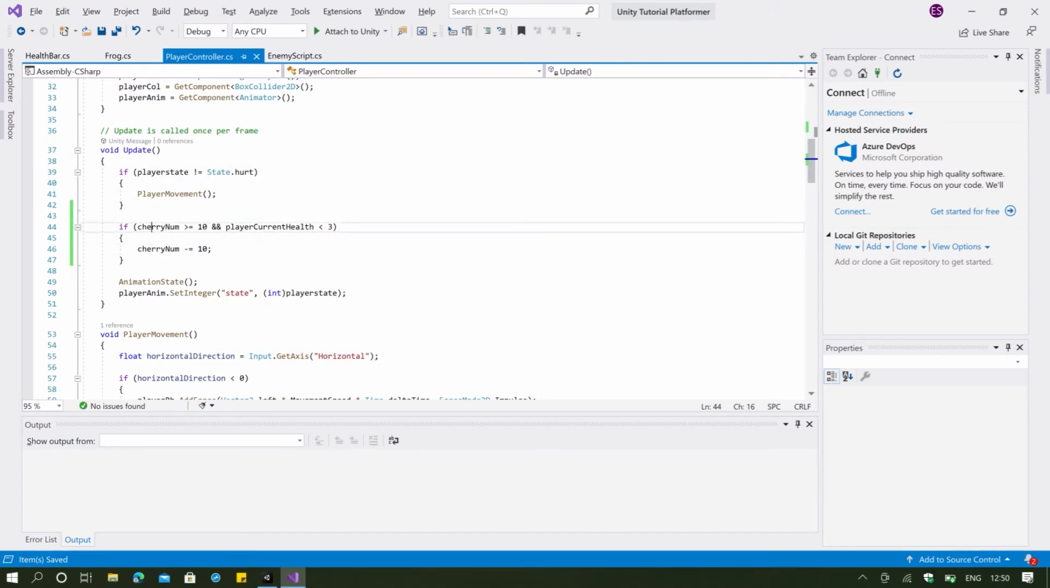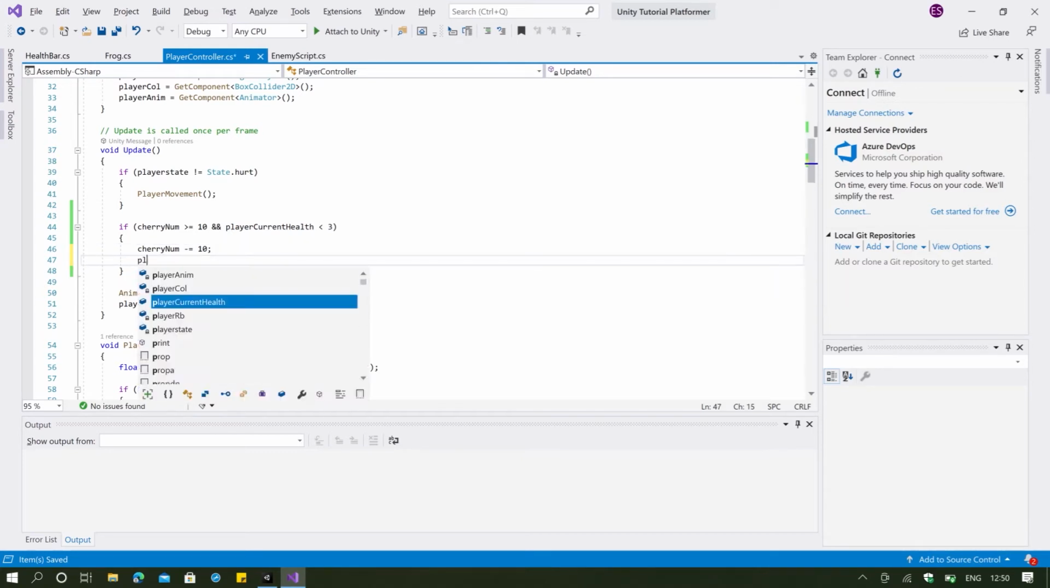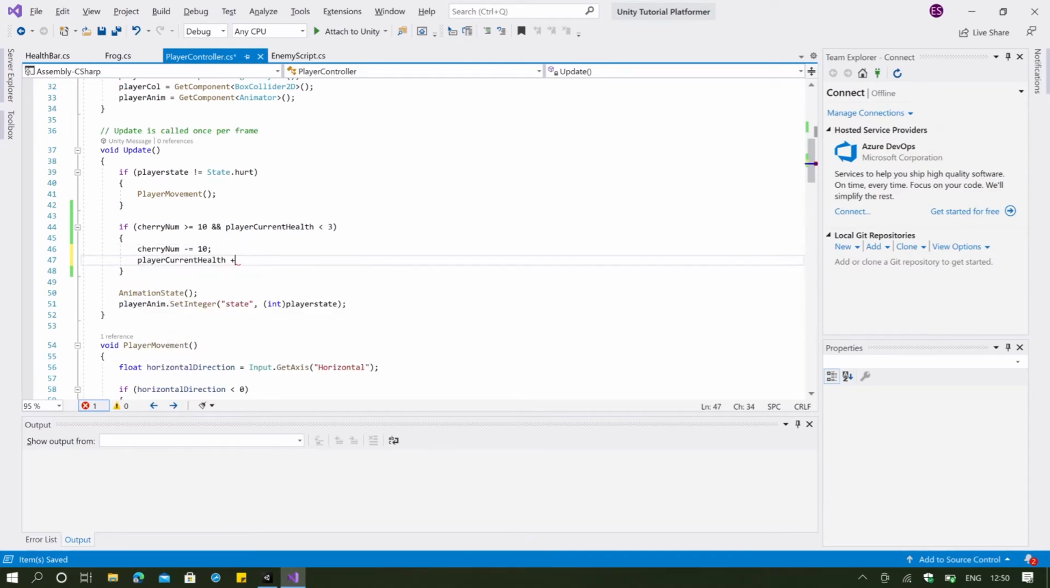so basically what this code is trying to say is that if cherry num is more than 10, which means that's like 11 or 12, and our player current health is less than 3, which means that we are losing, or we already lost 1 heart, then we will minus cherry num by 10, so that 10 cherry heart equals to 1 heart, so we're just minusing 10. And then we're basically going to add player current health plus equals to 1, so that we can regain 1